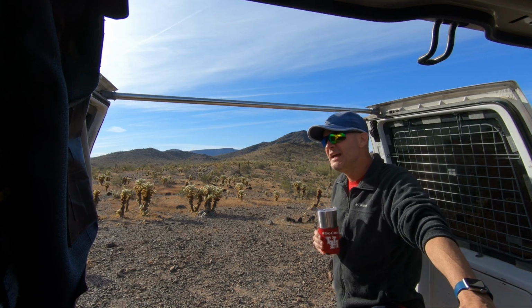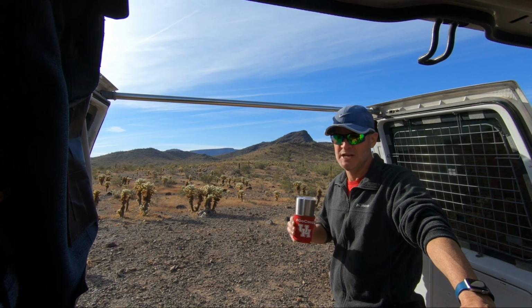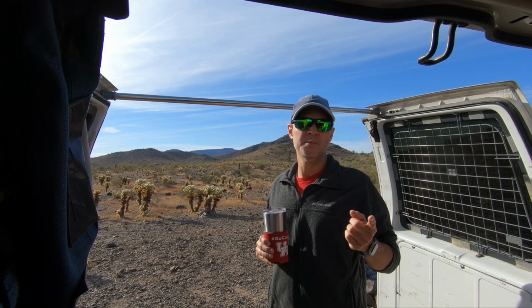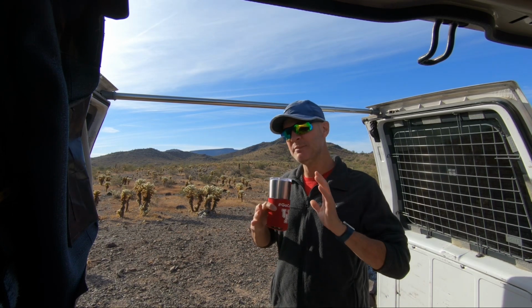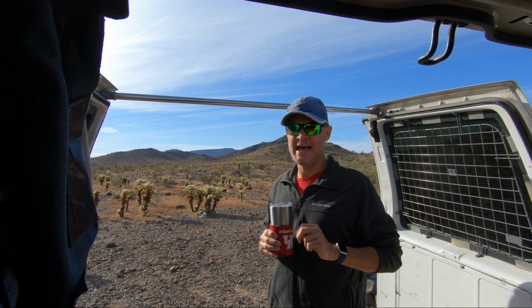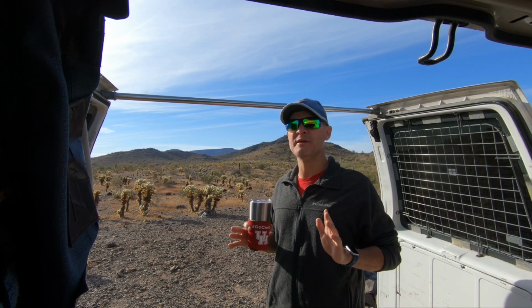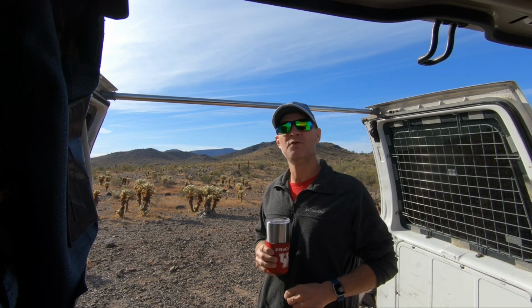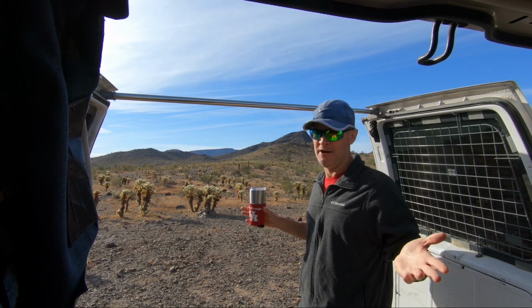Well, I've come up with possibly 3 cons to this camping area. I'd say number 1 would be traffic noise, because Interstate 10 is just right over there. But there's a trick to that and how to limit the amount of traffic noise. Number 2 is going to be the flying cactus. And number 3, I would say, is they call the roads here primitive. So do you want to chance it? So come along. I'm going to give you a tour of the Gold Nugget Rd BLM camping area near Quartzsite,